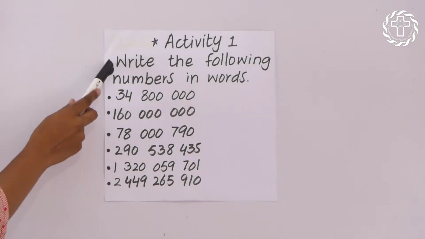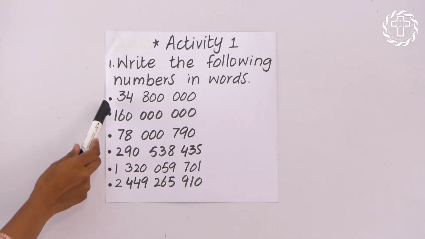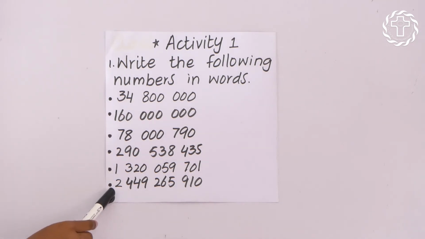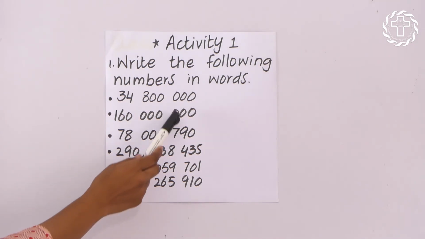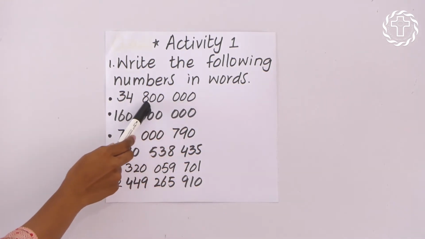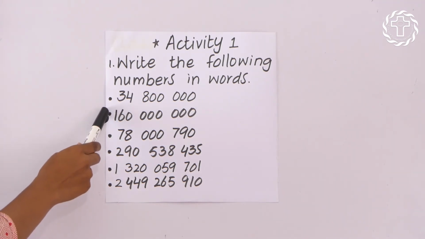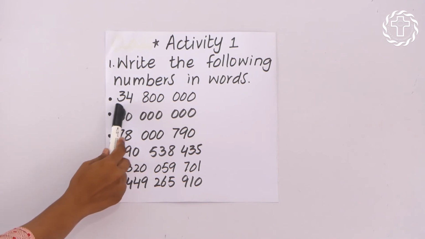This is activity number 1. Write the following numbers in words. You can solve these questions in your copies. This number has 1, 2, 3, 4, 5, 6, 7, 8. It has 8 digits. So what is the value of this number? Its value is 10 million. So we can say it is